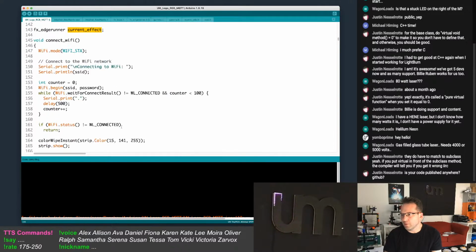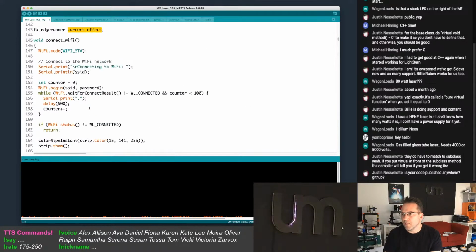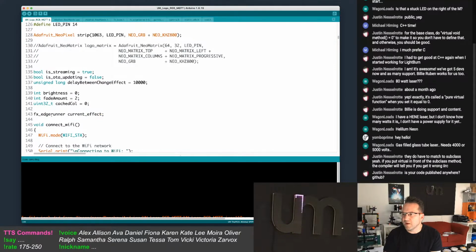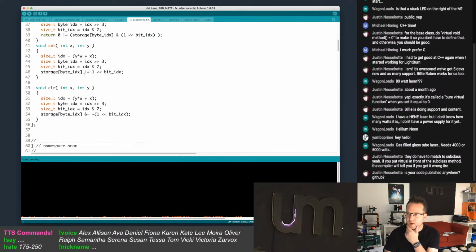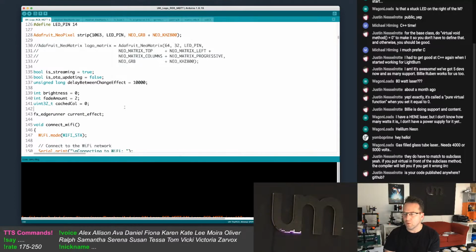And I want to be able to, whatever the current effect is, call it, right? But I want the definition of it. How do I explain this? There could be 50 different effects. Let's say there'll be a class per effect. And I want to be able to just, whatever the effect is, assign it to a variable and call .setup on it, .run, and .stop at the end when it's switching, right?